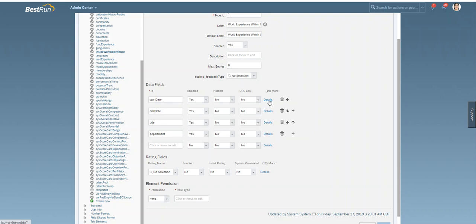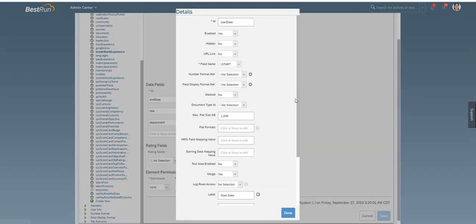And this is important. So if you click on the details, if you remember when we checked this work experience portlet, we saw that start date is a date field. So if you go to the details, you could see the ID, and along with that, you also see other details which are specific to this field, like the field name. So this is the name which would appear on people profile when you look for work experience portlet. And the reason why you could see date for the start date is because this is a standard data XML ID